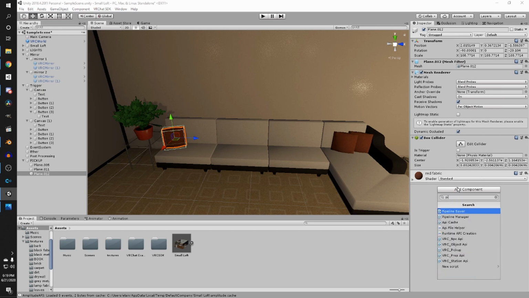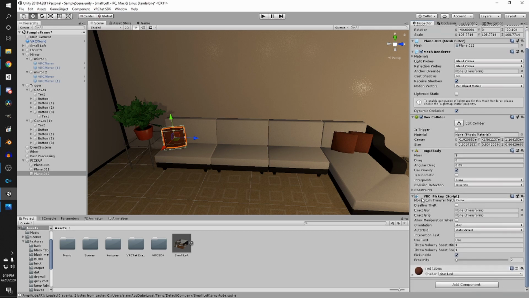So now let's add the pickup script, the VRC pickup script, and you'll get this. There's a lot of options here. Auto hold, if you tick this to yes, it means when you pick it up, you won't automatically drop it if you let go. Use gravity, pretty explanatory. Is kinematic, I'm going to check this. Basically what this means is if you pick it up and you let go, it'll stay in space. Without that checked, it would fall and it would use gravity,